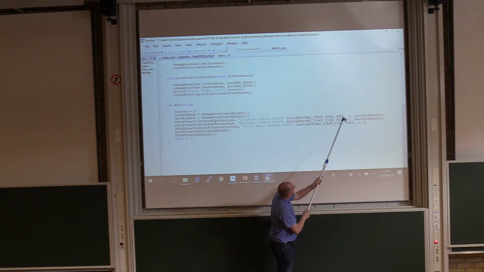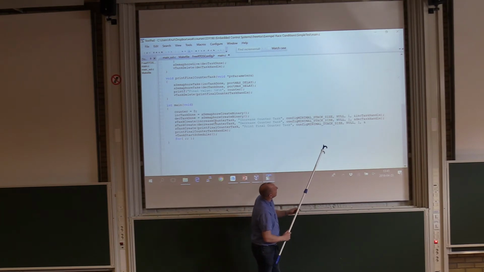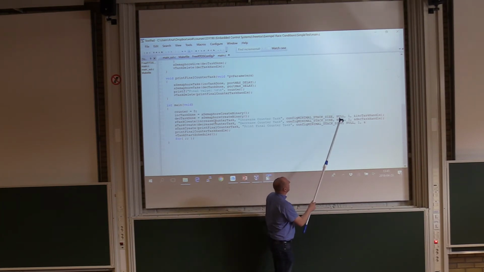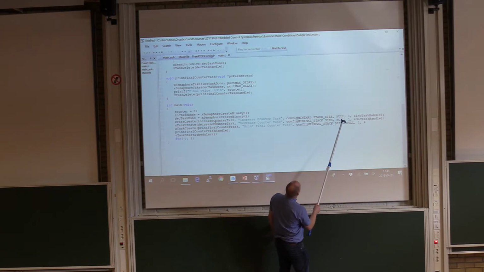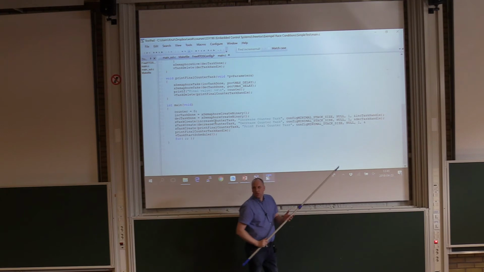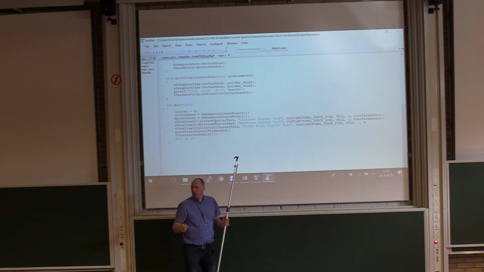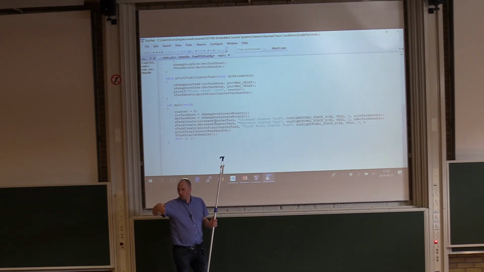We have some other argument here, which I think is the parameter that we would like to send in. So we don't send in any parameters in this case. And here we specify the priority. 0 is the lowest priority, and then 1, 2, and the higher number you send in, the higher priority